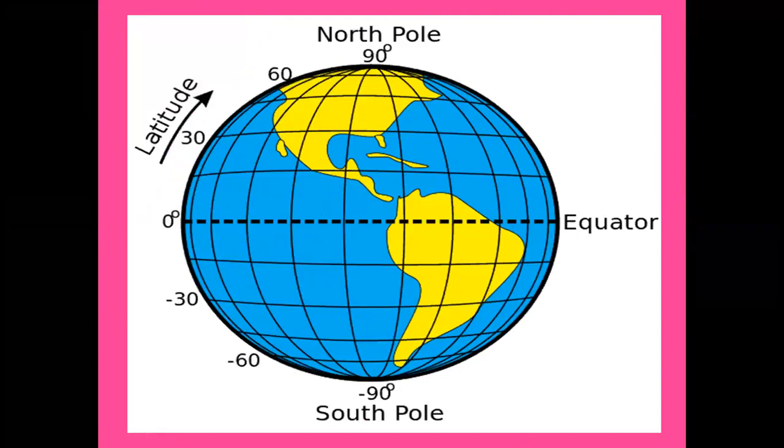Now, we have got two things to decide on the timings. They are the latitudes, you can find over here, and you can see the direction in which it goes. This is the latitude, and the center line known as the equator. On the top, we have got the North Pole, and in the south, we have got the South Pole. So this image which you see shows the latitudes.